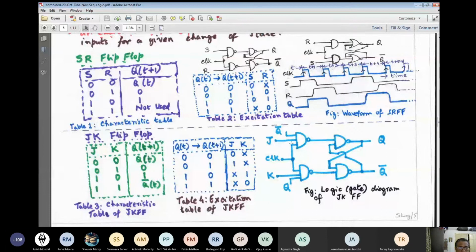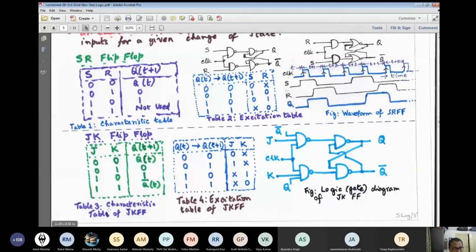Similarly, this bottom 2-input NAND gate has been substituted by a 3-input NAND gate, where you have added this feedback from Q. So the normal output has come to be attached here. The complementary output has come to be attached here. No other change. Just compare this gate diagram and this gate diagram. What we see here, the earlier inadequacy, that 1-1 was not allowed, is now circumvented. The problem that existed in the SR flip-flop is that 1-1 we cannot allow. Now we'll get past this problem. So it is now allowed that both J and K can be 1.